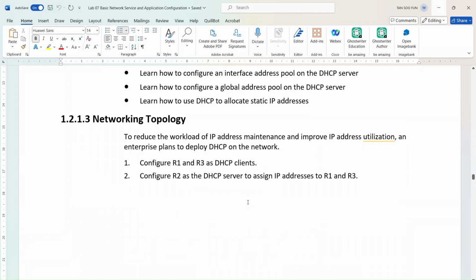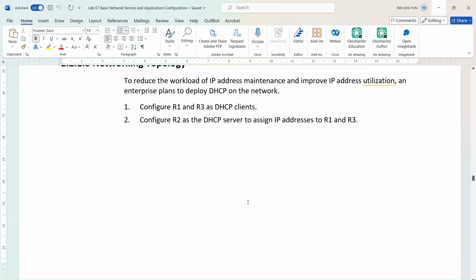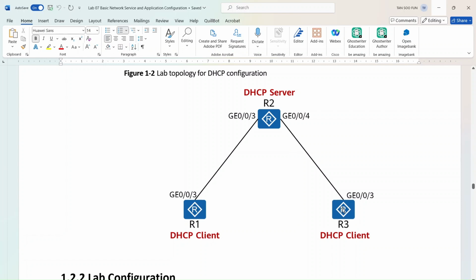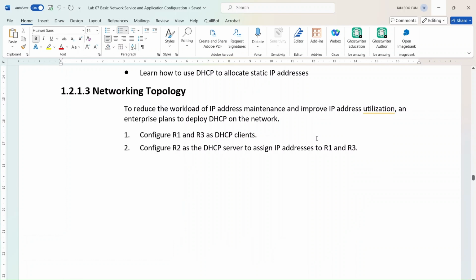Okay, so the network topology, we are going to use this one. That means your router 1 and router 3, you are going to simulate as DHCP clients, and router 2, you are going to simulate as a DHCP server to assign the available IP addresses for router 1 and also router 3. So without wasting your time, open your